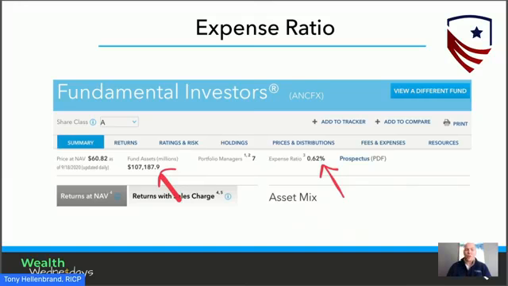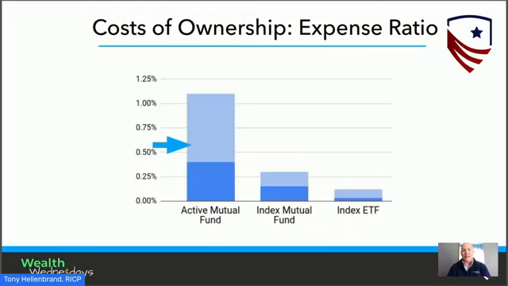But when you look at what your options are, if I can get this to cooperate and go to the next slide, this particular mutual fund is what's called an active mutual fund. So they're over here on the left, and they're trying to beat the S&P 500. And what we generally see is those types of funds have very high expense ratios. Typically we see a range of about 0.4 all the way up to about 1.1% a year. This fund being at 0.62% is actually on the lower end of what we typically see.